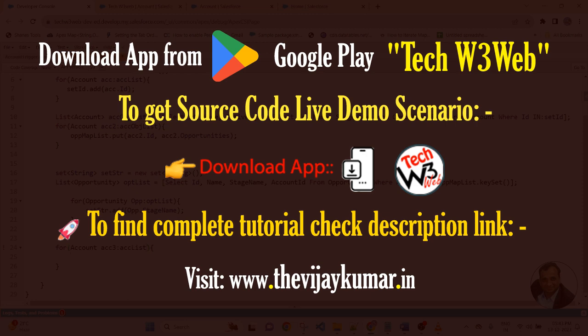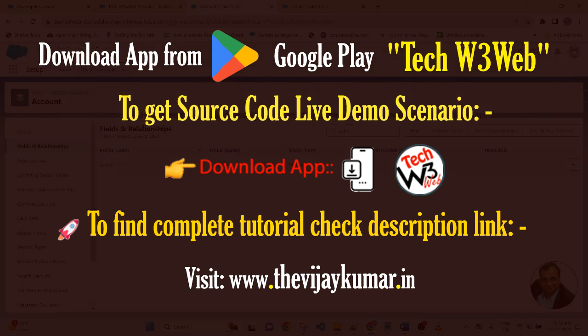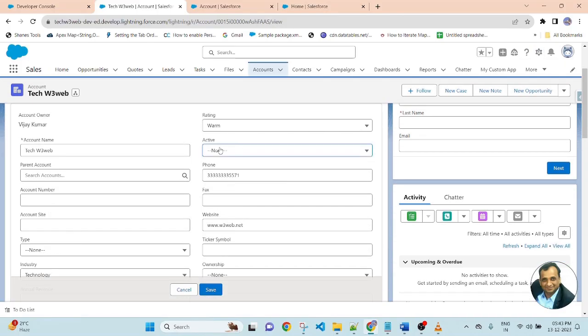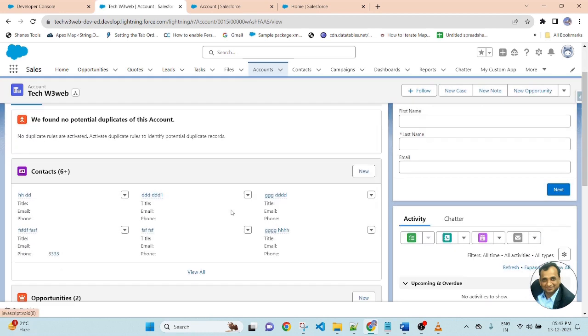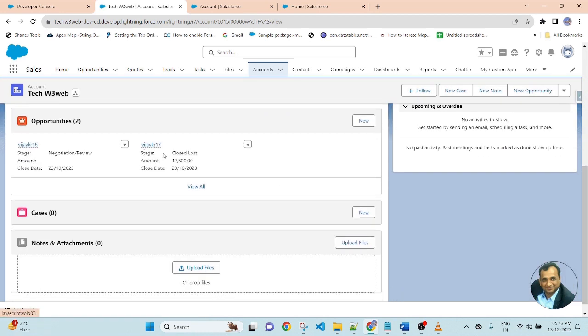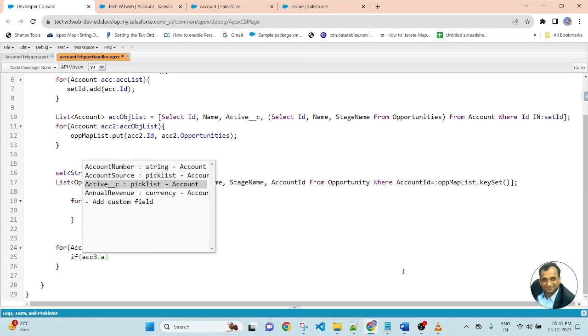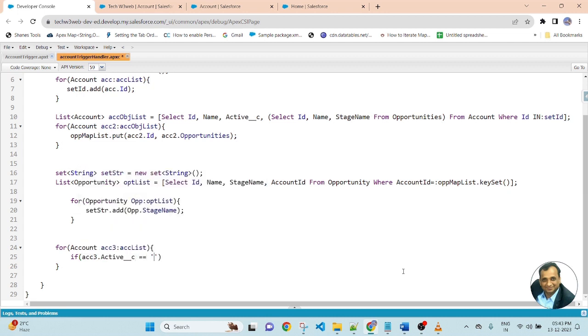Then inside the for loop, we will check a condition. The condition is if account is yes. So here we will check the condition if this record is active as yes and any of the related opportunity got stage closed lost. So this condition we will apply here: if account3 dot active double equal to yes and, bracket, we will check closed lost.